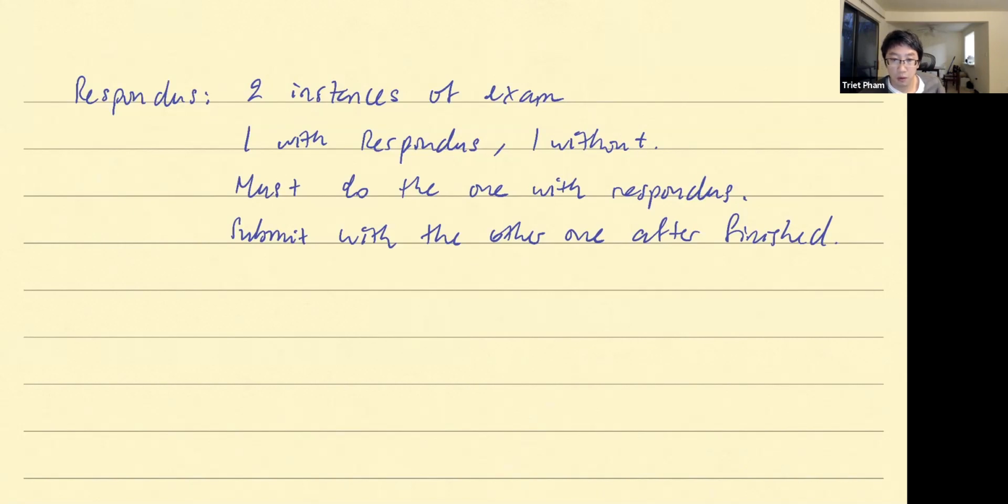I'm not so sure. Like again, I said some people, the majority of people, can open on Responders. So I don't know what prevents you from doing so. Worst case scenario, you just go to the other exam and open the file, and then go back to Responders to do the problem. I'm not sure if that will work, but